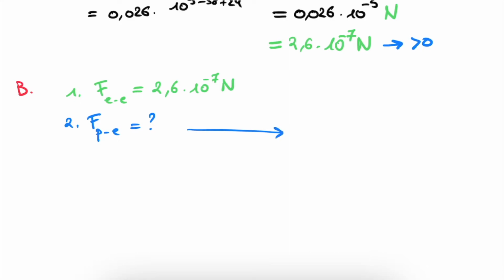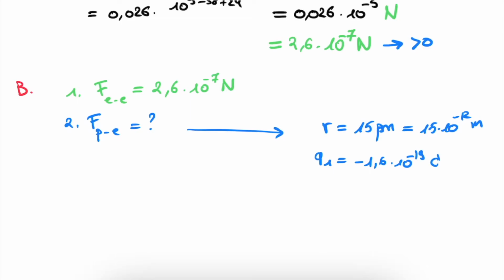So to calculate this force, what are our givens? We have that the distance this time is 15 picometers, which is of course 15 times 10 to the minus 12 meters. We know that our charge 1 is simply the electron, so this will again be negative 1.6 times 10 to the minus 19 Coulomb. Now for the positive charge, we have the charge of two protons. And because we know that the charge of a single proton is simply the opposite of the charge of a negative electron,